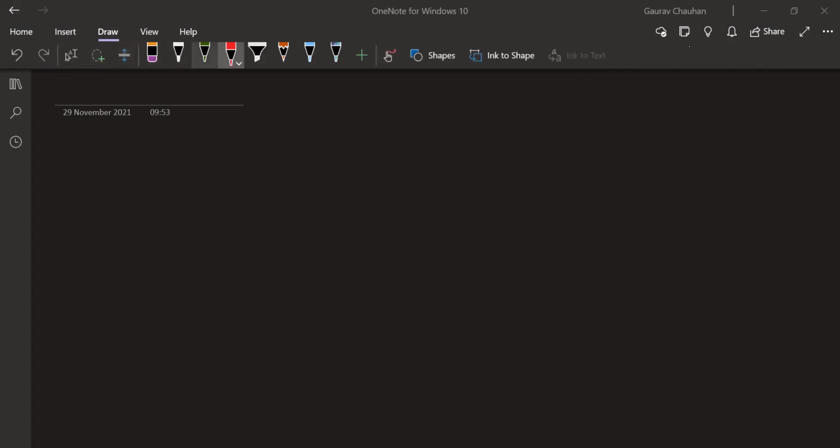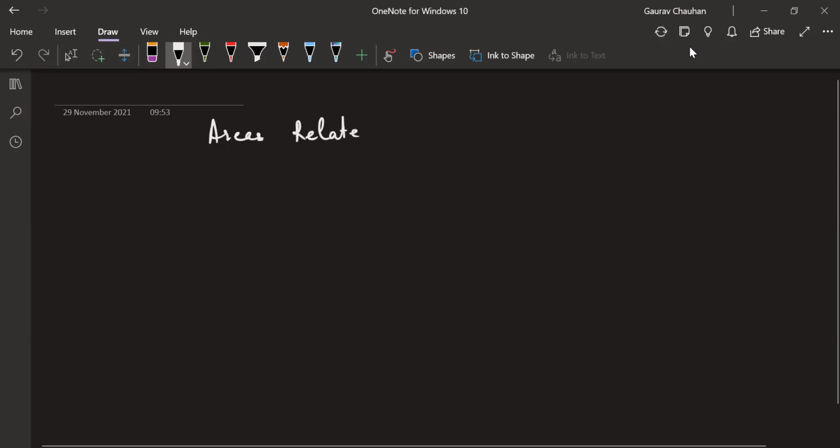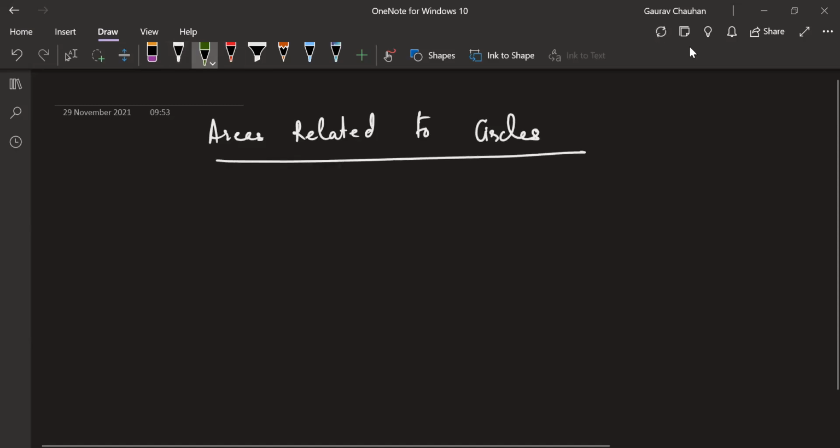So yeah, we are moving on to a new chapter, that is areas related to circles. You are writing this heading in a fresh page, areas related to circles. As the name suggests, this chapter is going to deal with areas related to circles. We're going to have parts of circles and parts of circles combined with other shapes like quadrilaterals, triangles, and all of that. But before we go into that, today we're going to recap